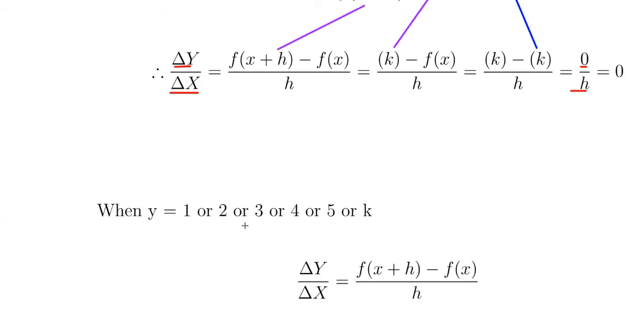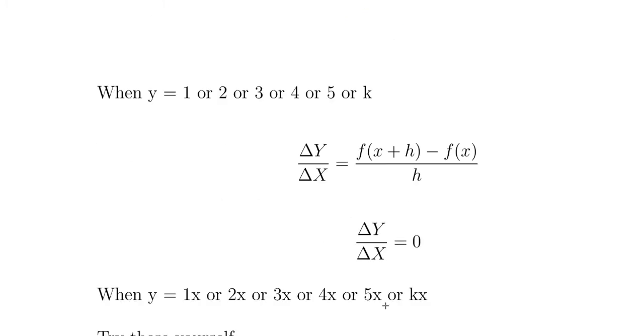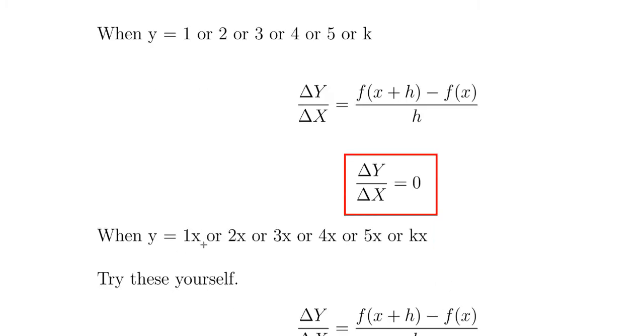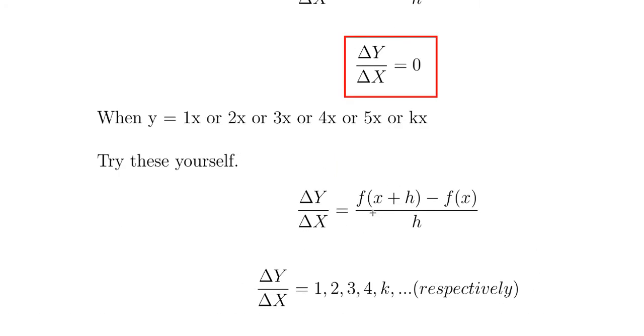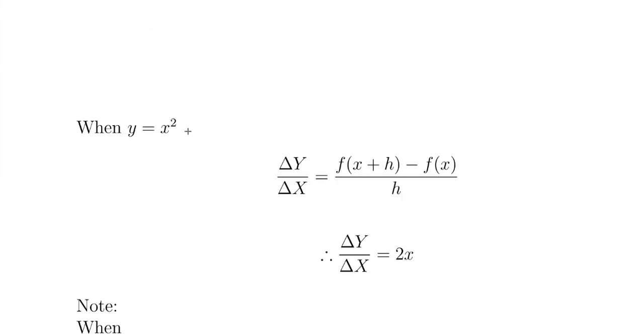Let's look at some more patterns here. When y equals 1, 2, 3, 4, 5, or 6, or whatever, as we have already shown for k, that is any constant, we know that dy/dx is 0. So that's something to recall. When y equals x, 2x, 3x, 4x, 5x, 6x, kx, a billion x, whatever, if you go through this pattern, you will find, I think we tackled this one quite early on,